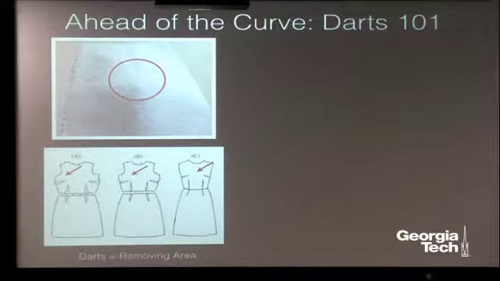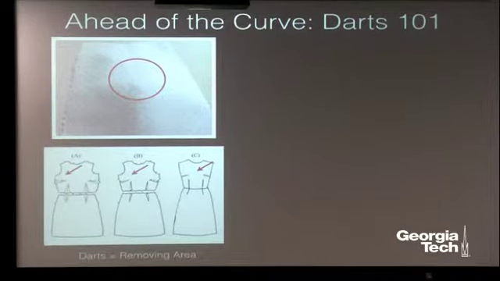So you take a little triangular fold and you sew it off. So what happens is that instead of laying flat, you find out that the fabric has folded up into this conical shape. So here's the little point of the triangle, and then the rest of it is hidden inside this fold. So this is something that we use to make what's called positive curvature. So we're removing a little bit of area and we make positive curvature. So this is maybe a little counterintuitive, but just bear with me on this.